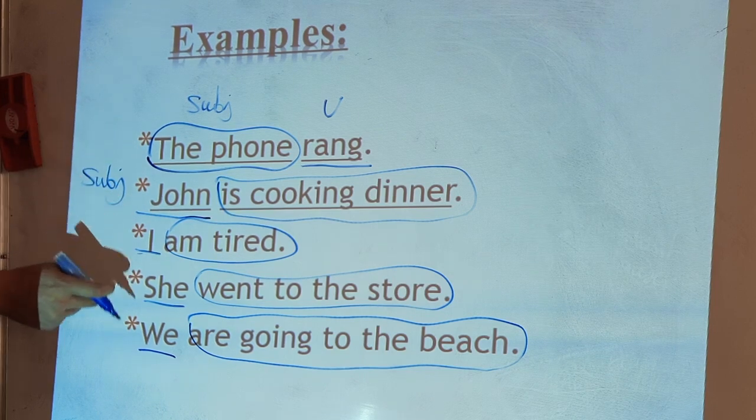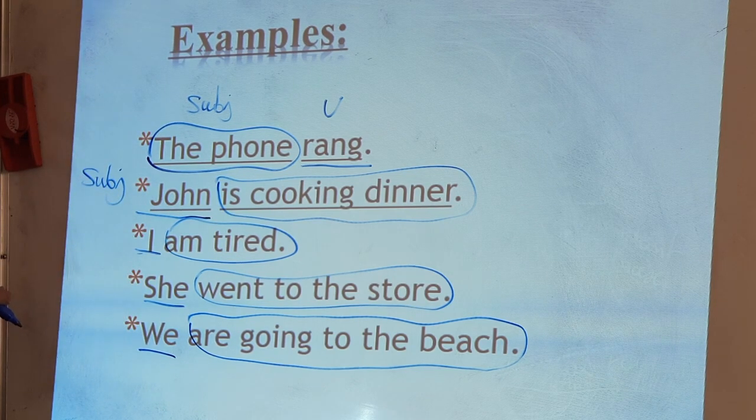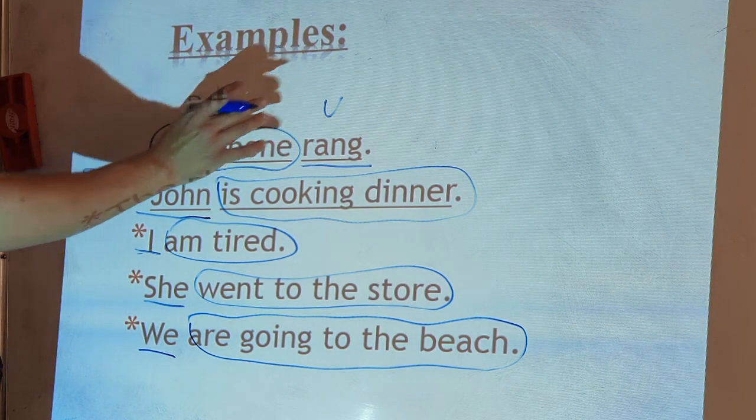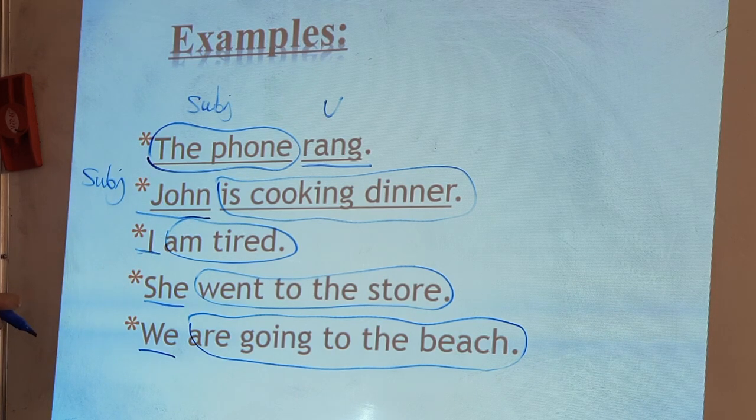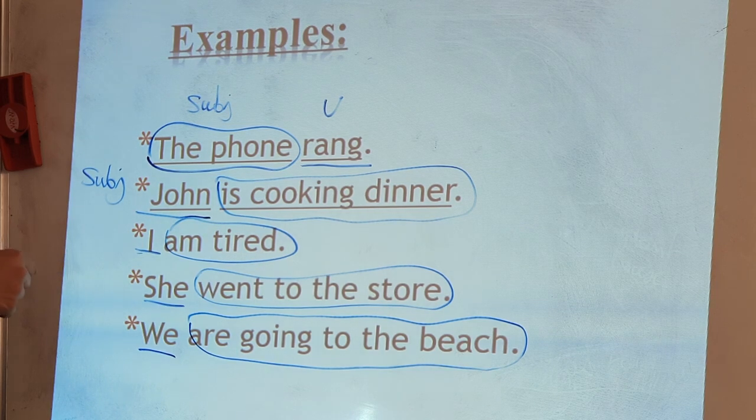So what is in common between these sentences? We have a subject and we have a predicate. And the second characteristic is that they all have meaning. They all have a meaning, so it is not ambiguous. So let's move